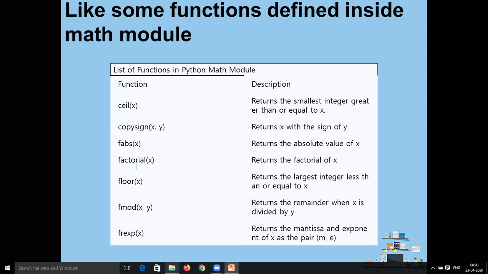In the exam, you may be asked to give the name of the module for a function, or the names of two functions from this module. Here, ceil returns the smallest integer greater than or equal to x. You can get these functions from the internet also. So let us move to the next slide.